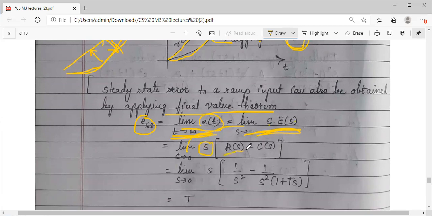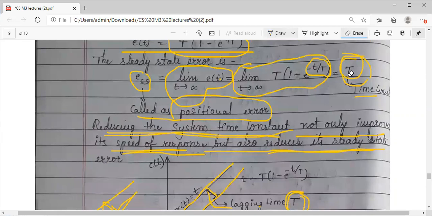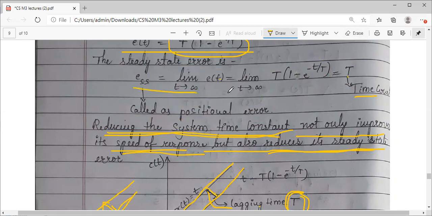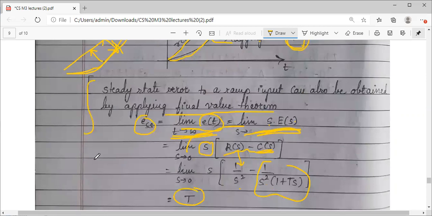Error is difference of reference input minus controlled output. So reference input is ramp. In case of its transform, it is 1 by s square. Output, before applying the partial fractions, we had got this. So further, if you simplify, you get again the same. दोनों मेथड से आपको जो भी स्टेडी स्टेट एरर आएगा, आंसर सेम होगा. यहाँ पर भी आप चेक करो, how we got steady state error, we have got it as T. Here also, if you apply final value theorem, you will get it as T only.